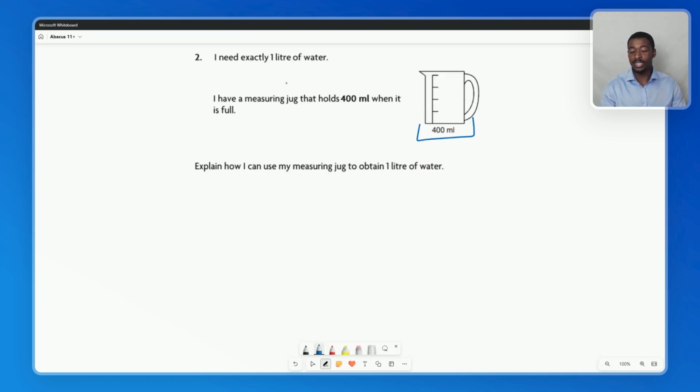Well, first thing here, to answer this question efficiently, we need everything in the same units. So here we have 1 liter, but here we're talking about milliliters. So let's first convert this 1 liter into milliliters. How many milliliters in 1 liter? Well, it's going to be 1,000. So 1,000 milliliters. And now this question seems a bit easier because we're trying to work out how many 400 milliliters go into